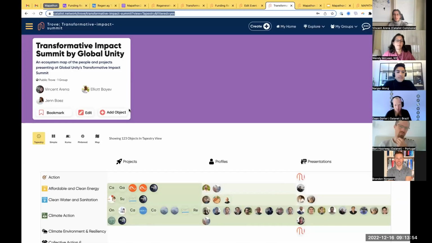So is this software basically mainly for people in the Catalyst network, or can anyone create a Trove like this? It's a sub feature of Catalyst. So if you have an account on Catalyst, then you can create a Trove. You just go to create Trove, and then you can name it what you want. There are lots of different settings, but the main things you would configure when creating a Trove are